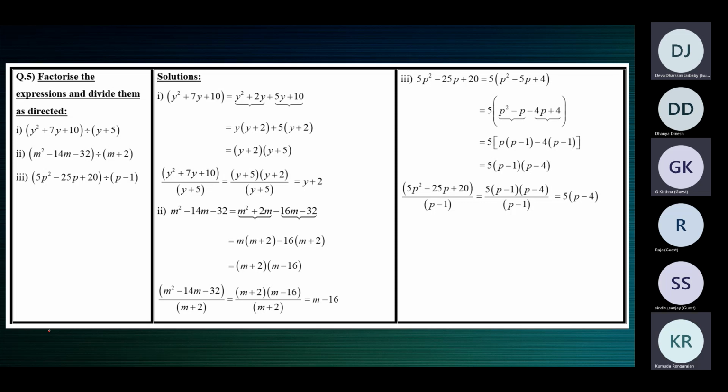We've been taking the numerators separately. Since the numerators can be factorized by splitting the middle term, take up the numerator separately. Meaning, work the numerator first. Factorize the numerator by splitting the middle term. If there's something common between all the three terms, bring out that common factor and then split the middle term. After doing that, take up the question, substitute, cancel, and get the result. The answer obtained on division is called the quotient.